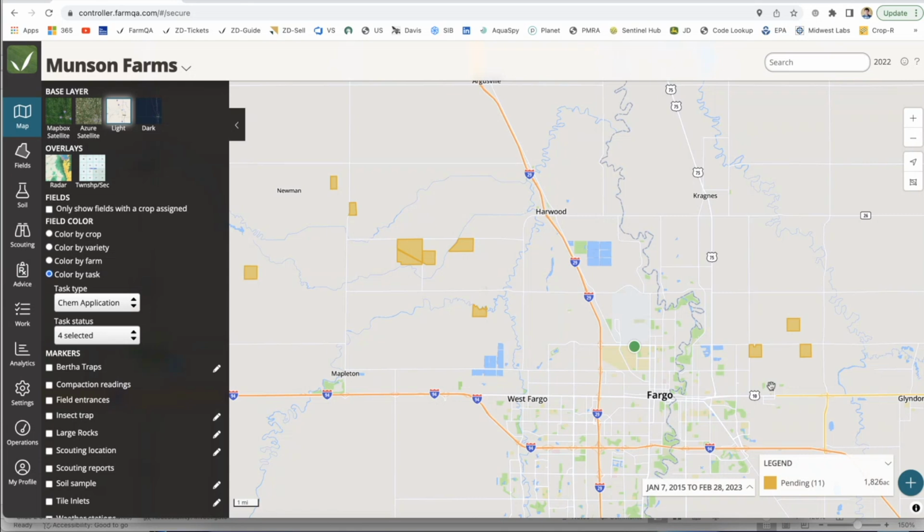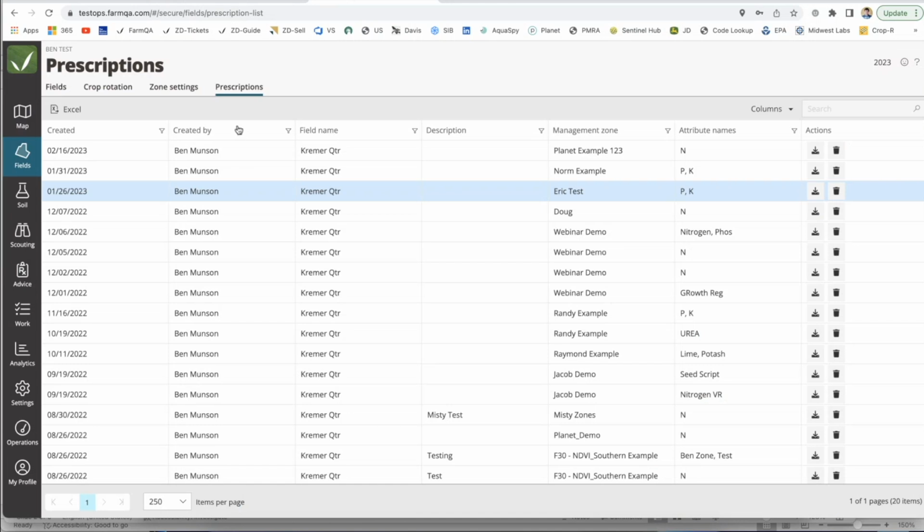So moving on to our next topic. We added some additional functionality around our zone creation tools and prescription writers. Right now, we recognize that we have a lighter version of the zone creation tools versus other systems out there, and that's how we see ourselves in the industry. But in previous webinars, I showed how you can create zones and write prescriptions, and we've added some additional functionality around the prescriptions to give people the information they need to determine, let's say,